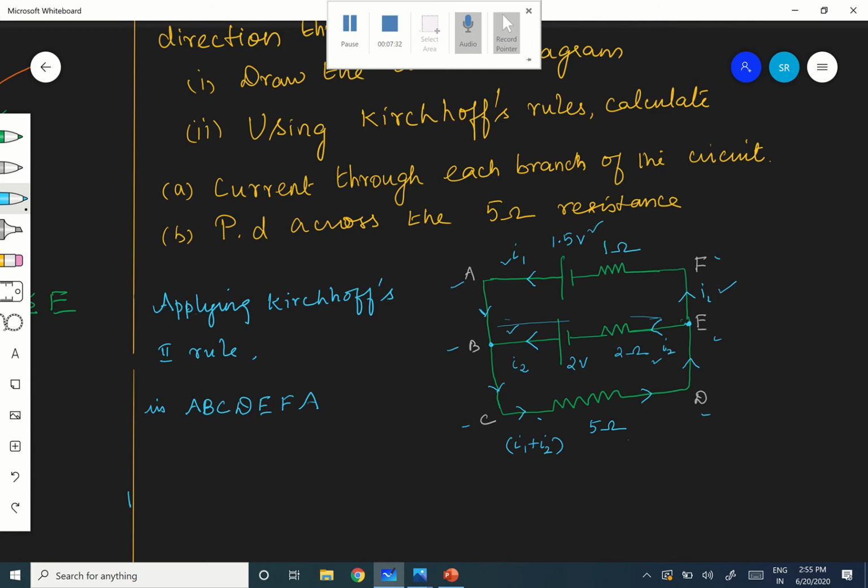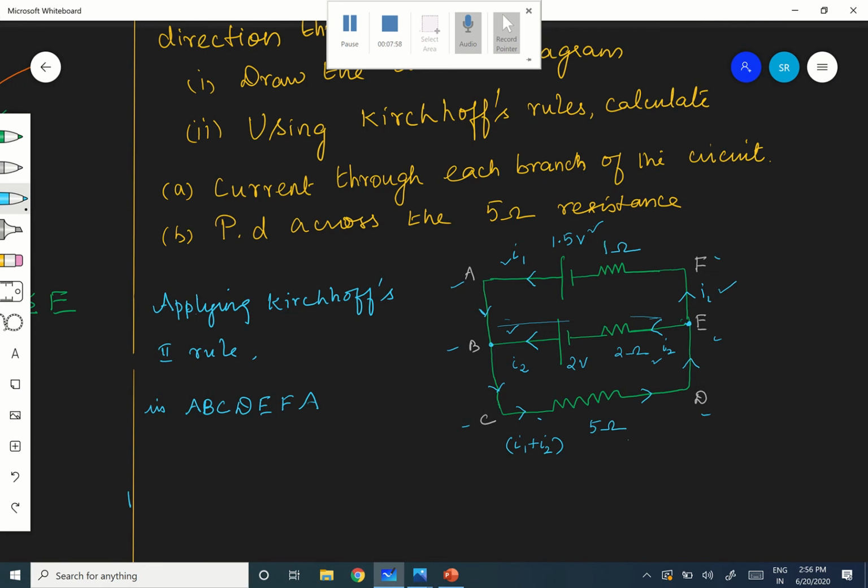What is the second rule? The current in the clockwise direction is positive, anti-clockwise is negative. And what is the condition for EMF to be positive? The cell should be in the path of the clockwise current, and the current should leave from positive and enter into negative. These two conditions should be satisfied for EMF to be positive. Now apply it to the loop.